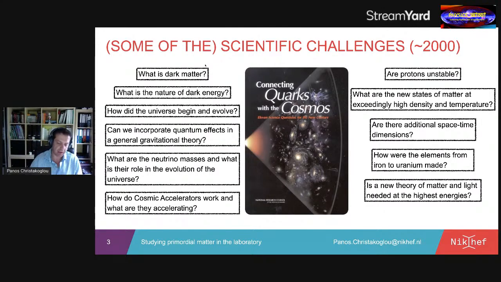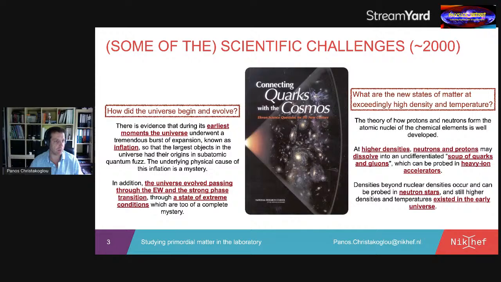And you see here a list of questions related to dark matter, dark energy. There are also a couple of questions that are specific to our field of research, the one being related to how the universe began and evolved. So the prevailing picture that we have as far as the evolution of the early universe is concerned is that